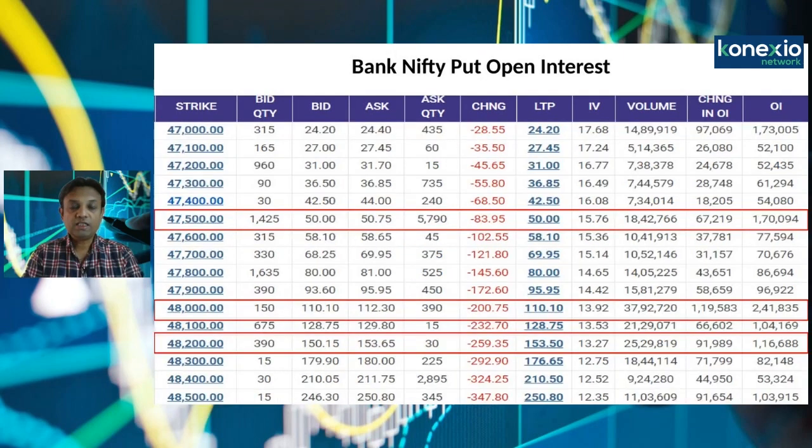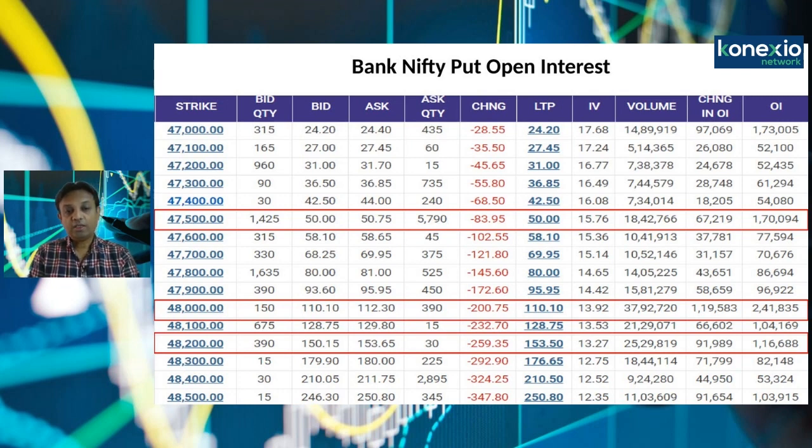Now, friends, let us discuss the derivative data of Bank Nifty puts. In Bank Nifty puts, the action was seen in 48,200 puts, 48,500, and 47,500 puts. Here you can clearly see it is a significant drop in the option premium. That means smart money is already aggressively writing the out of the money puts. You can clearly see the implied volatility is slightly higher. It is between 13.27 and